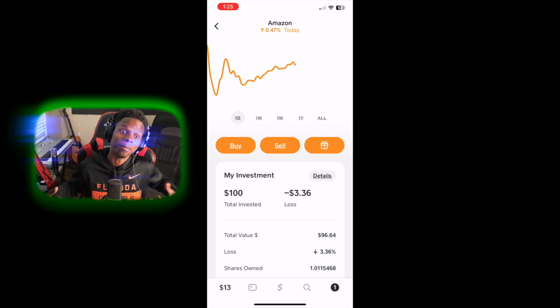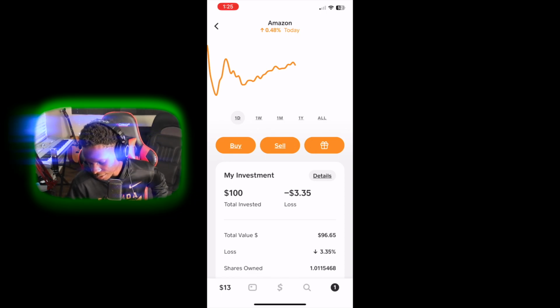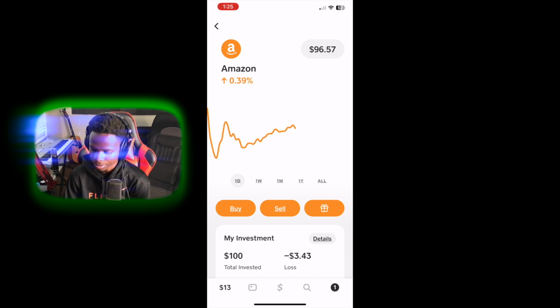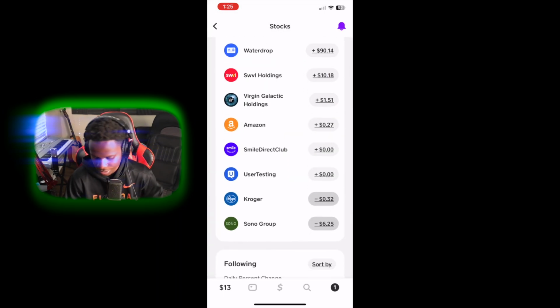If I was a millionaire or if I just had money flowing, Amazon would be a nice stock to invest in. I would have probably dropped some money in at 9:54 or somewhere where it was dropping, or maybe like 10 o'clock where it started to climb up, and I could have made a good little profit. But that's that. And Kroger, Sono,